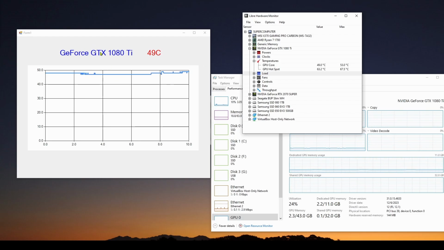And in this case, we have our GPU and a real-time temperature that we're displaying, and we're also charting the last 10 minutes of the measured temperature. And you can see right now it's 49 degrees C, and if you look at the Libre Hardware Monitor application, the GPU core temperature is 49 C, so it's matching exactly. So we showed you how to deal with this free open source project, but we also talked about some of